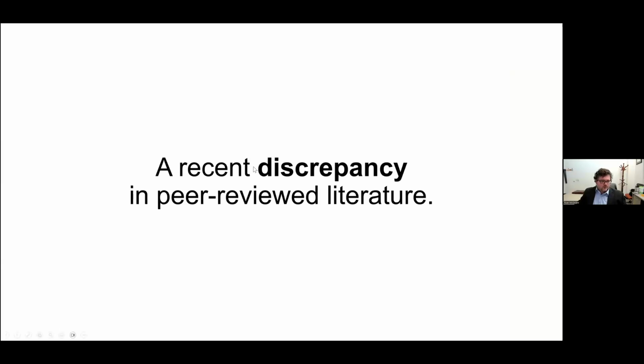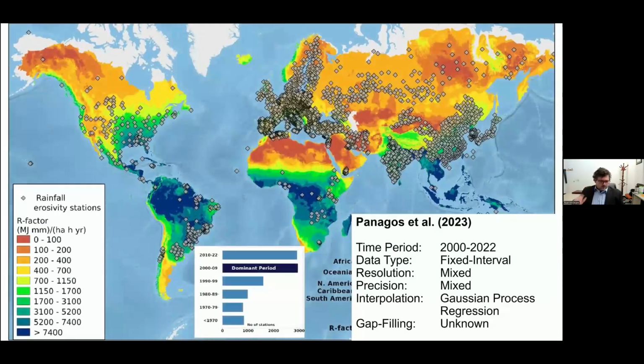I do want to point out a recent discrepancy. I believe that I should be transparent when people may disagree. And so here is one of those that was published just last year, 2023, by the same author that published the 2017 paper. And they actually have updated values in the US and revised them down. Now, I'm not exactly sure why this is. It does seem to conflict with the consensus of other authors around the globe, but in the spirit of transparency, I think I should make everyone aware, and you should know where to look if you were to want to investigate further.